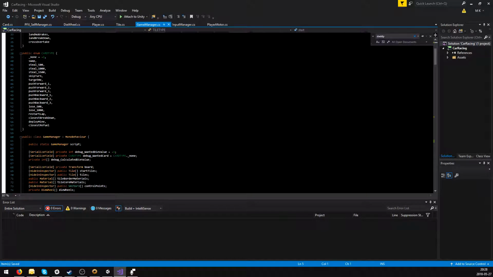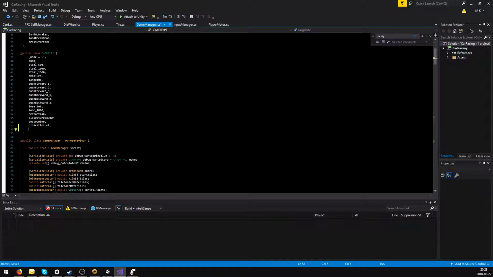All right, cards. So lose 500, lose 1000. Now, we said we wanted to make the give cards, right? Okay, so let's call this one gift underscore 500, comma, gift underscore 1,000, comma, gift underscore 1,500,